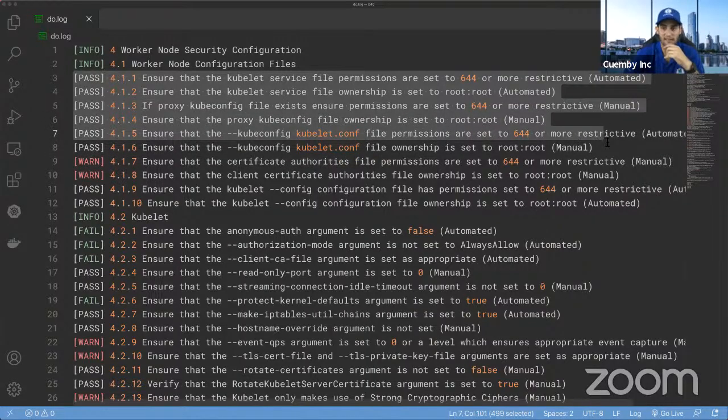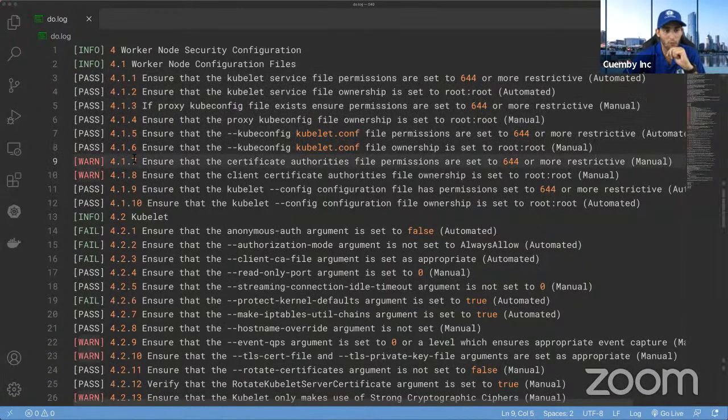So basically, this is like a summary saying, ensure that the kubelet service file permissions are set to 644 or more restricted, right? Good, so that passed. So you can see here, there's a bunch of them that passed, and then we got some warns telling us, for example, ensure that the certificate authority file permissions are set to 644 or more restrictive. So it's saying that it's a warning.